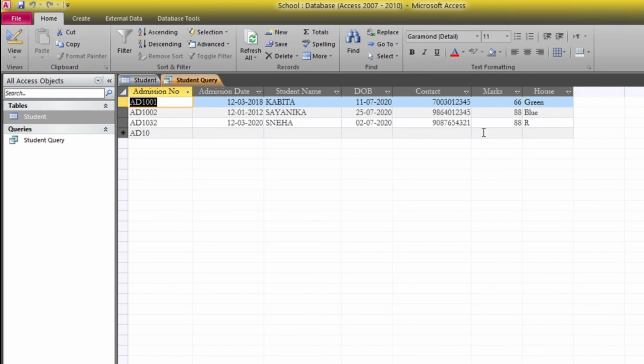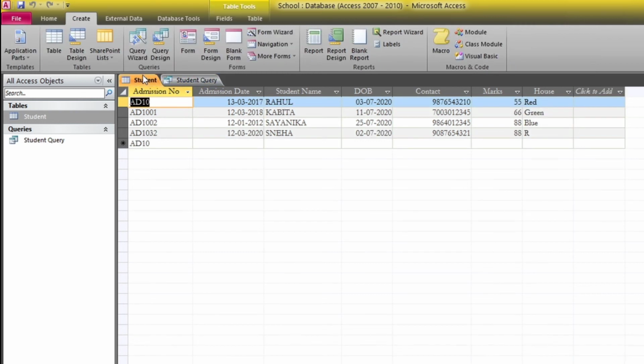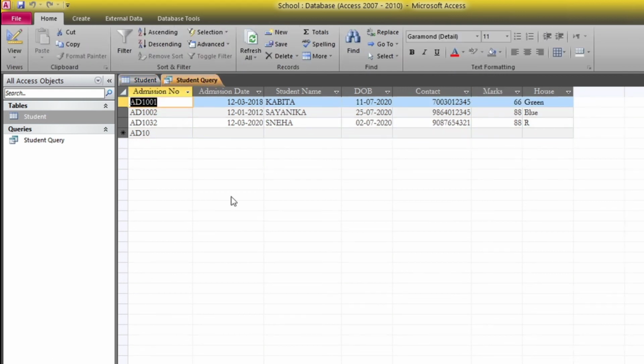So here you can see the students having more than 60 marks are displaying here. Like the first student has 66, next 88, third one 88. But in our table there are 4 students, one student has 55 marks. That record is not displayed in this query because we wrote our question as greater than 60. So this way you can design a query from query